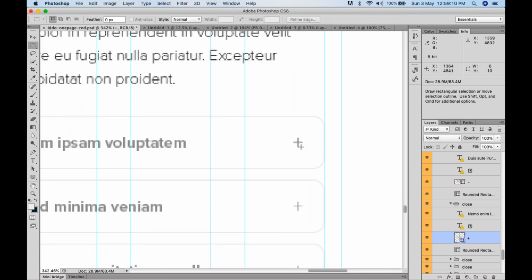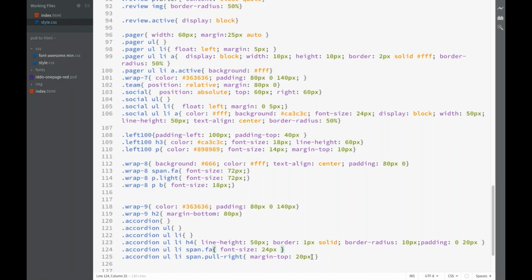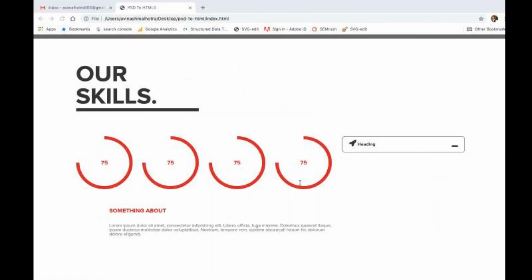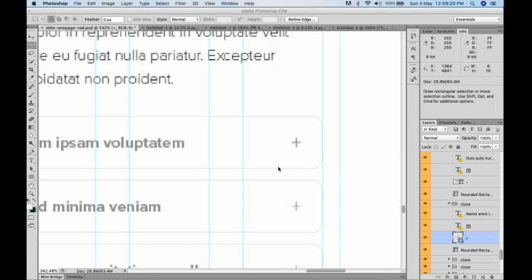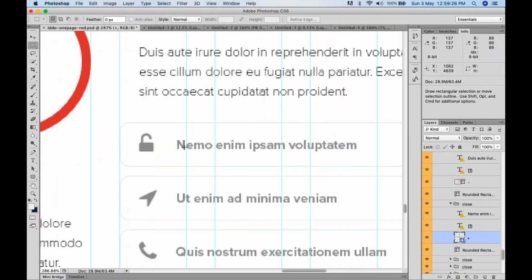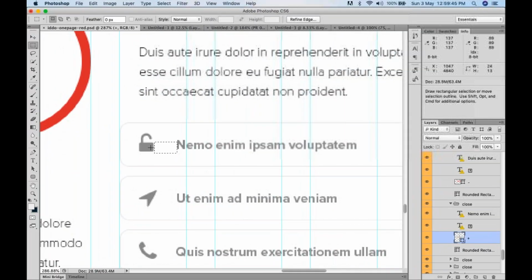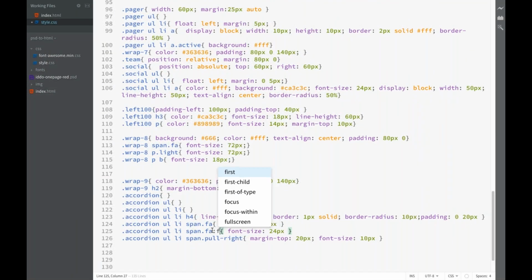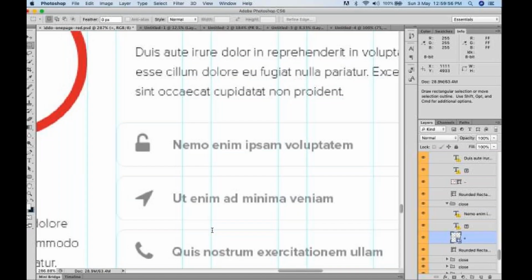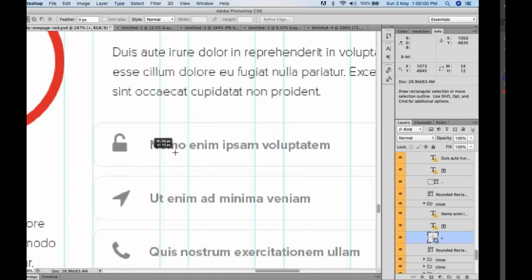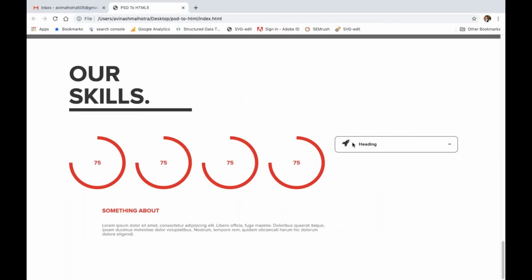तो लेट्स, इसकी हाइट कितनी आ रही है, 10। तो फुल राइट का एफ एस 10 पिक्सल देते हैं। ठीक है, ये ऐसे हो जाएगा। नाउ दिस इज द टेक्स्ट। वन सेकेंड, तो टेक्स्ट से दिस गैप इज 24, 25। तो जो स्पैन एफ ए है, दिस इज द फर्स्ट स्पैन, तो इसके लिए फर्स्ट चाइल्ड यूज कर सकते हैं। तो स्पैन एफ ए कॉलन फर्स्ट चाइल्ड, राइट मार्जिन 25। तो दिस इज 25 पिक्सल। ठीक है,